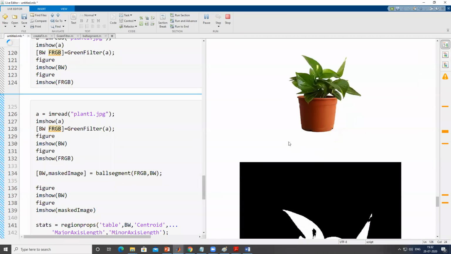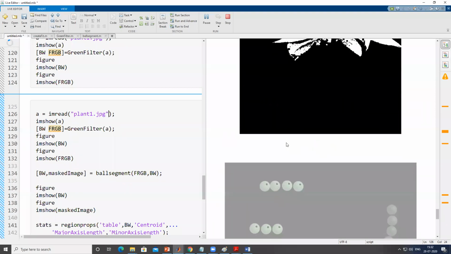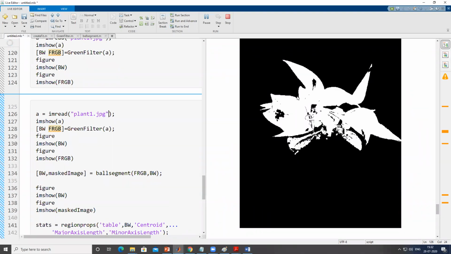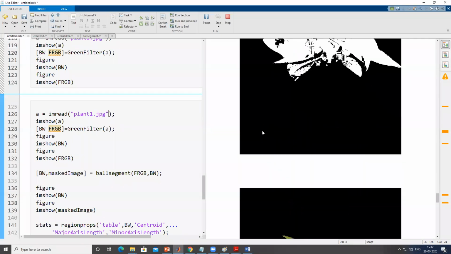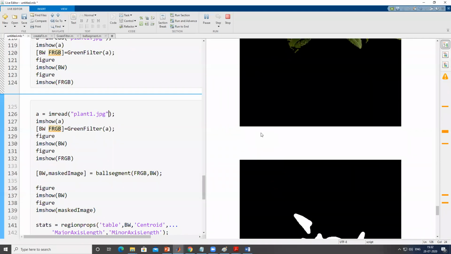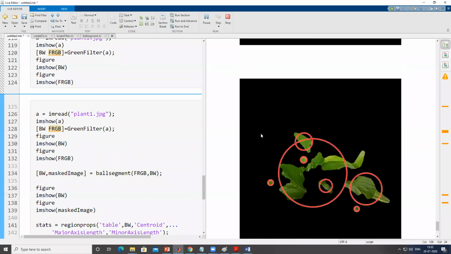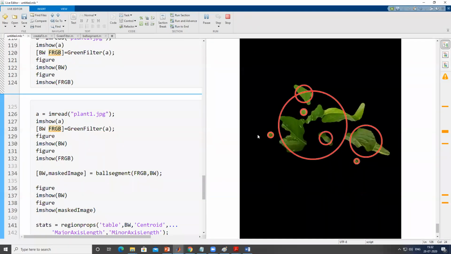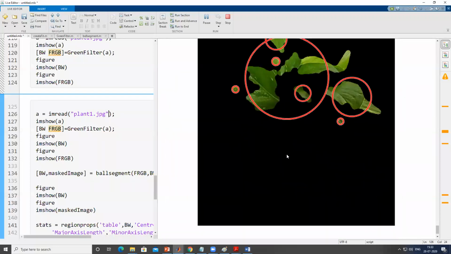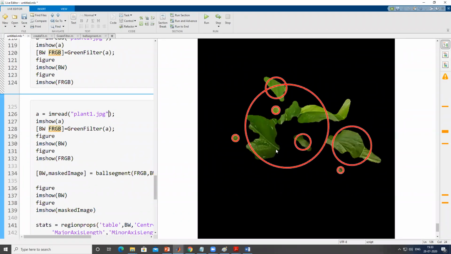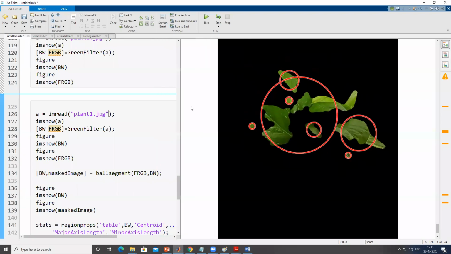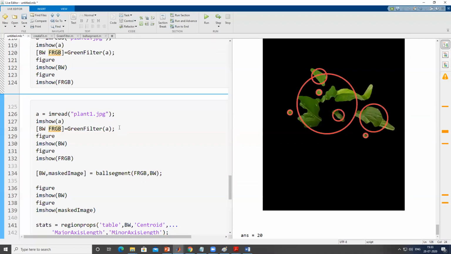Okay, so here all leaves are superimposed. So obviously the counting will go wrong here. I won't expect it to be correct. So here you can see how it counts after doing the segmentation. Wherever it found leaves which are separated, it counted each as a unit. But because many leaves are superimposed, there is a kind of a mistake.